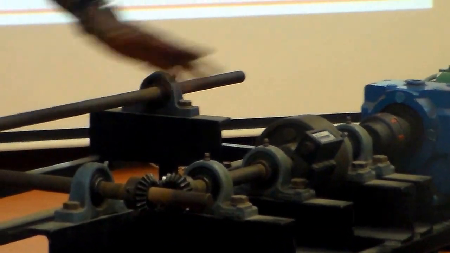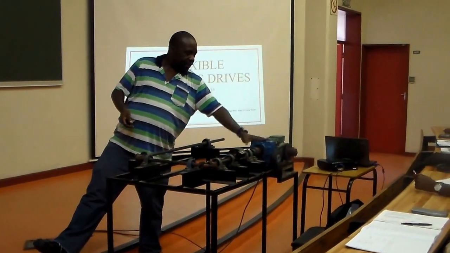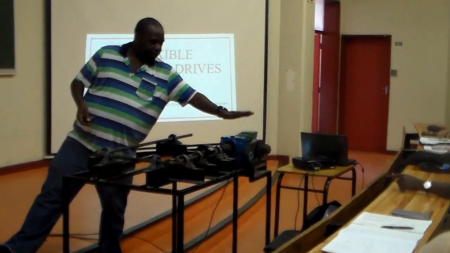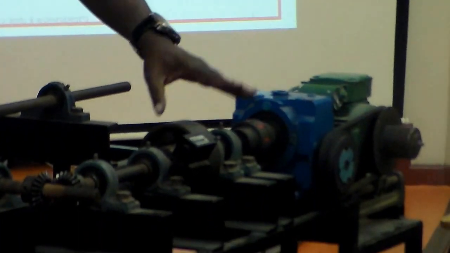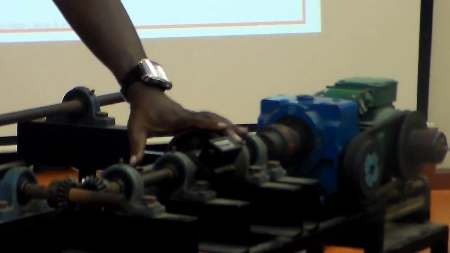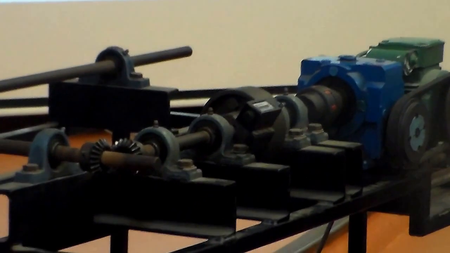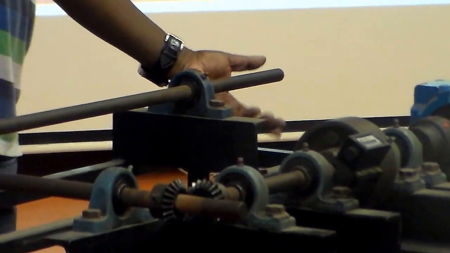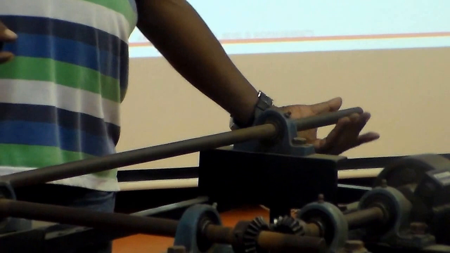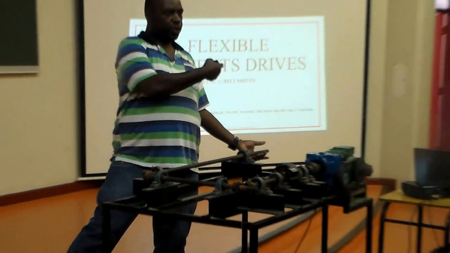We are supposed to study each of these elements: the motor, the gearbox, the belt drive, the clutch, the bearings. Obviously, we will study the bearings. Fortunately, we have time for them. The coupling, and of course the gear, the rest. What is missing is a chain drive here. Normally, at the very end, you have a chain drive, as we saw here.